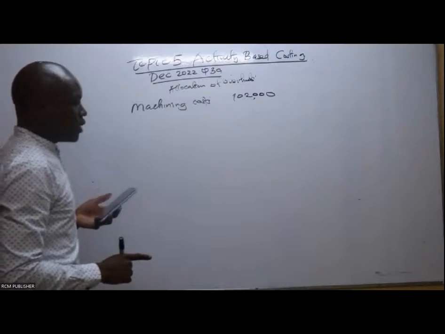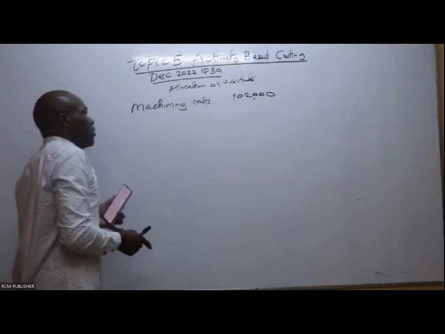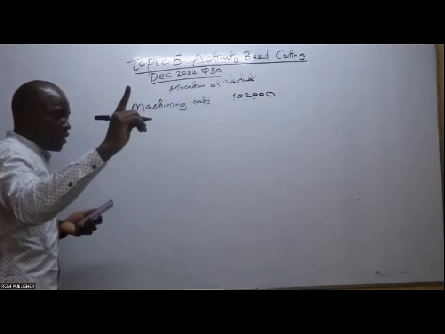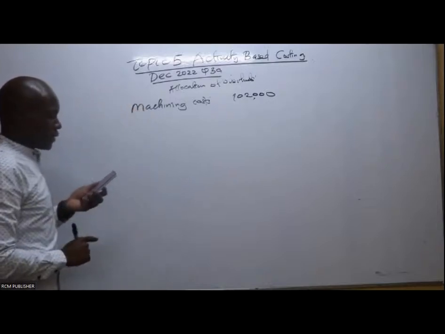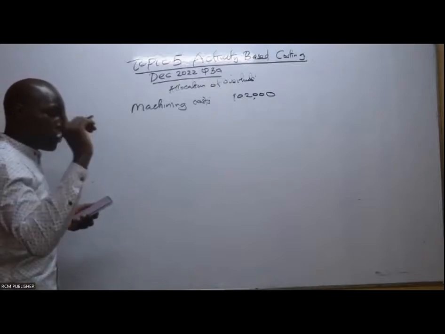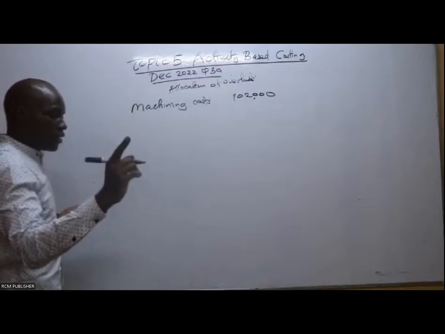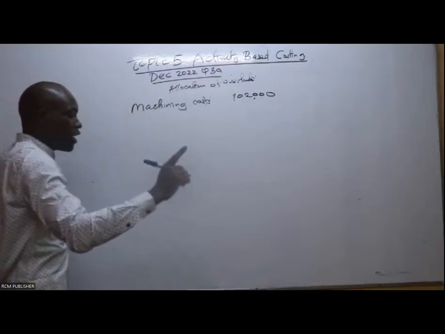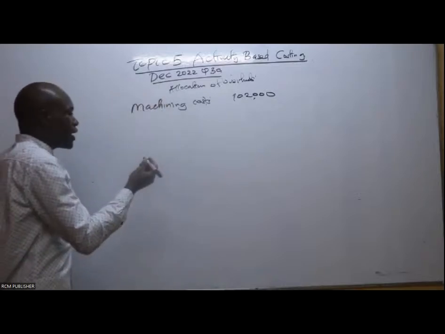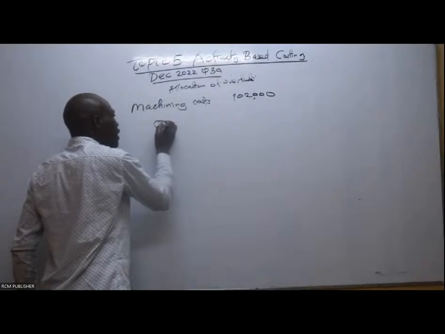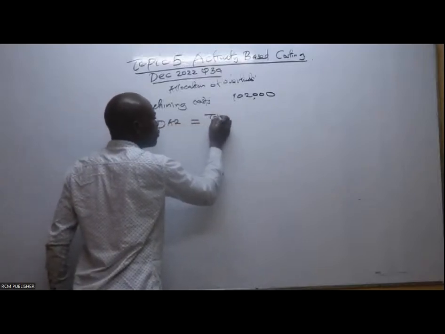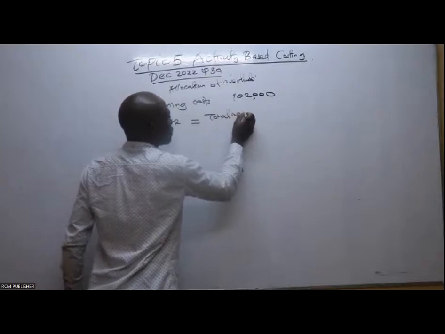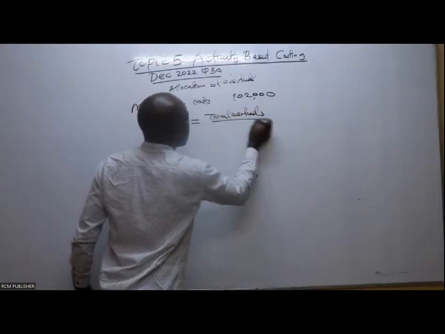That is the machine hours per unit. But are we able to get the units for each product? Whatever we were using down there was the total. So let's get the total, because for us to get the overhead absorption rate, we are normally told it is total overheads divided by total